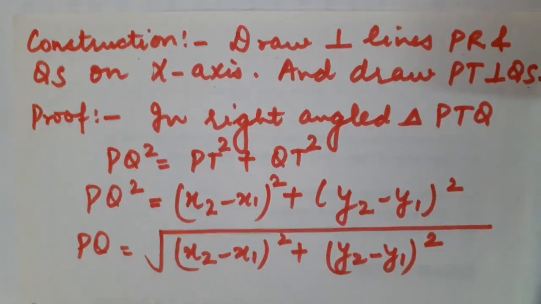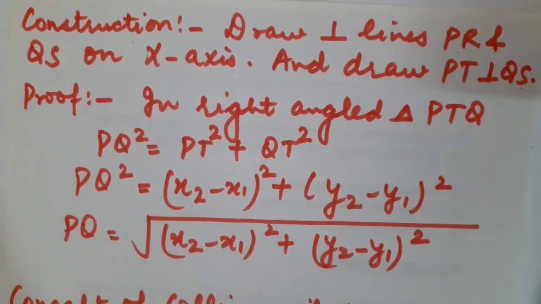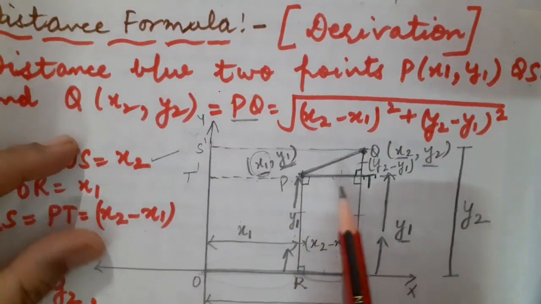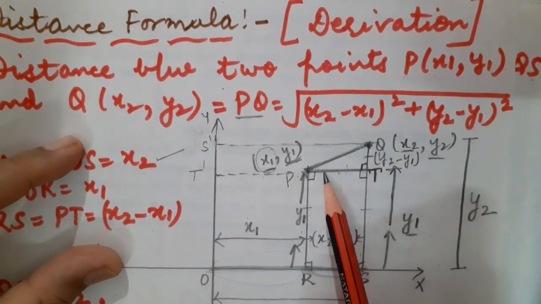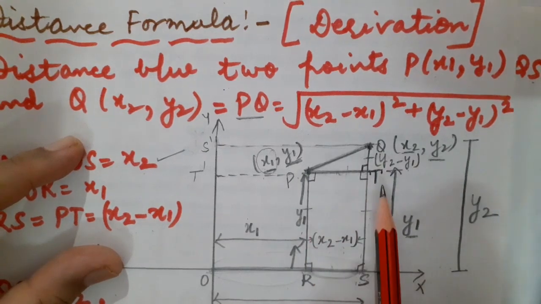Now we are going to switch to the proof of this question. What am I going to do? In the proof, children, here you can see that this has become a complete right angle triangle. Please have a look. QTP has become a complete right angle triangle. Then I am just going to apply Pythagoras over here. So what is to be done?